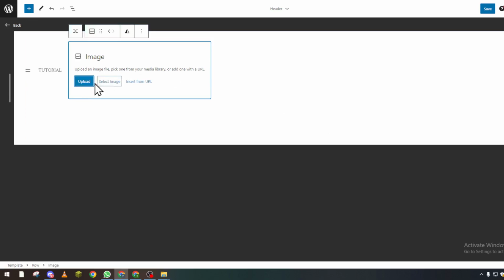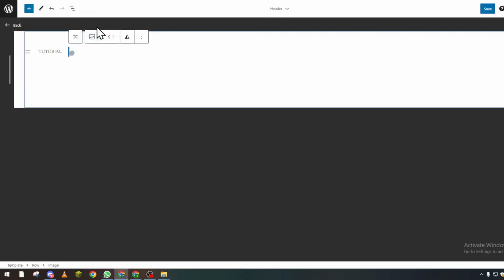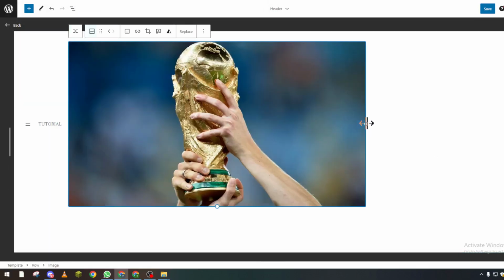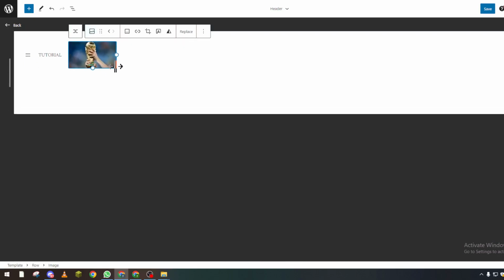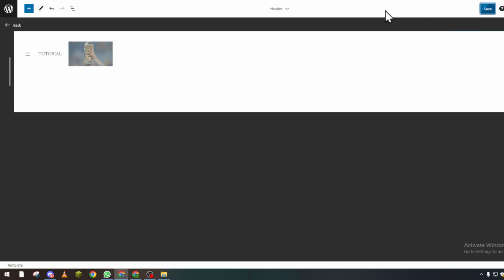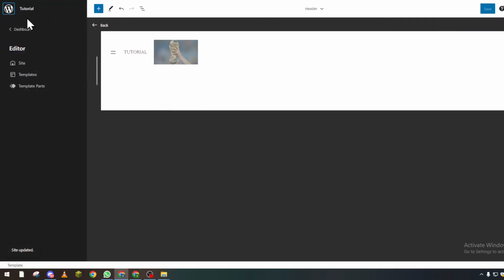And just like so, you can add an image in your header. So upload, something like that. And it's so big, but you can make it smaller by just moving it like that. You can click on save, and this will take a couple seconds. And we open our website again,